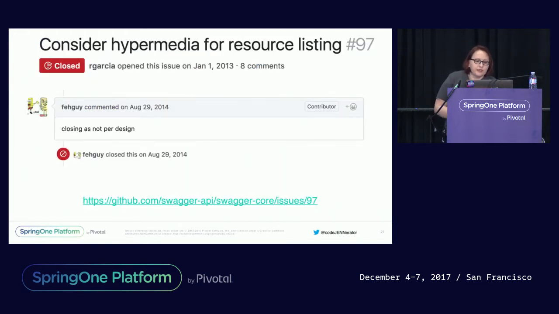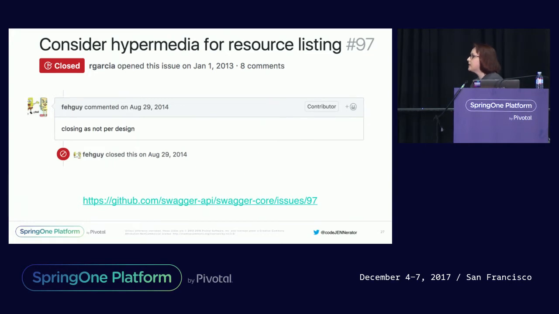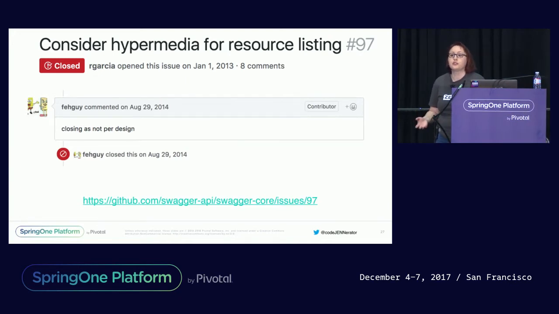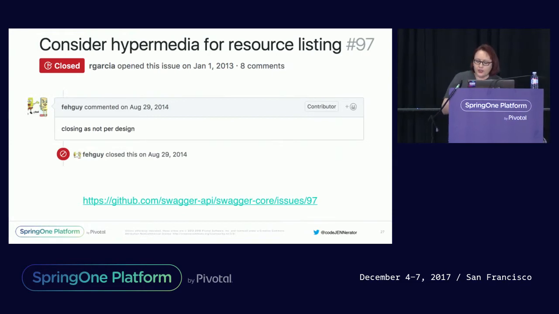But another problem that came in, of course, was the hypermedia thing. So this is a slide that lots of people use in their Spring REST docs documentation talks. And that is that in the older versions of Swagger, hypermedia was considered not as per design. And that was, if you go back and watch Andy's original talk, one of the main focus points on why he created Spring REST docs in the first place. Okay. But going back a little bit,